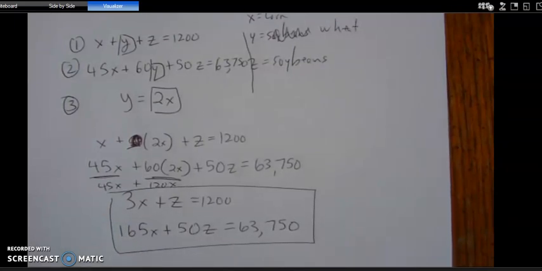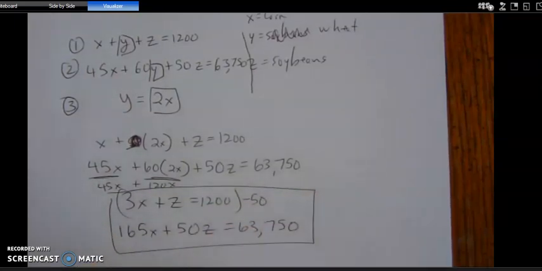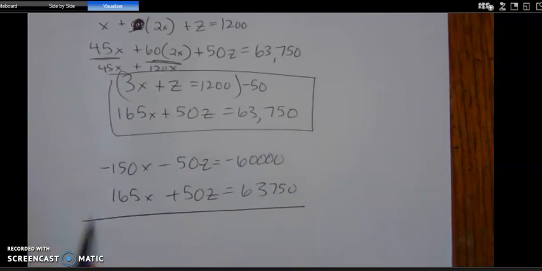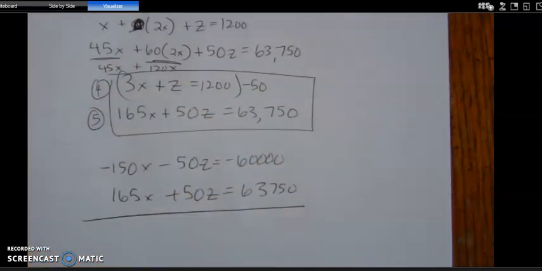I'm going to solve with elimination. I'm going to multiply the first equation by negative 50. So that's negative 150x minus 50z is the same as negative 60,000. And then I'm going to add that to the second equation, and these z's will be eliminated. So if this is equation 4 and equation 5, I've multiplied equation 4 by negative 50. And then that'll give me 15x is the same as